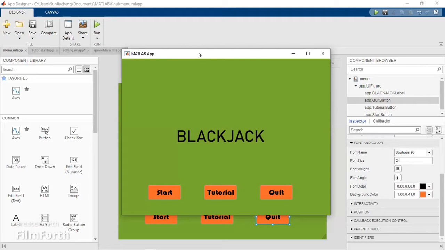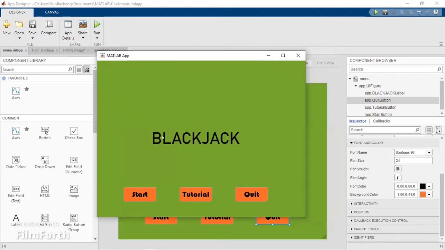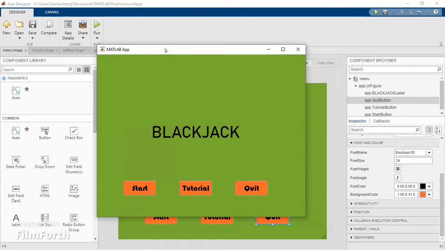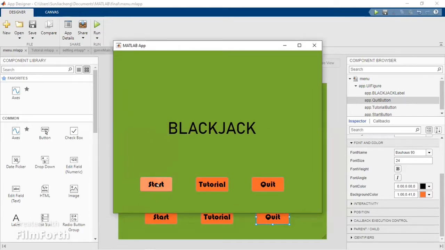And this part is the GUI for our Blackjack. This is a menu that has a start button, which goes directly to the main game, and a tutorial button, which basically shows the